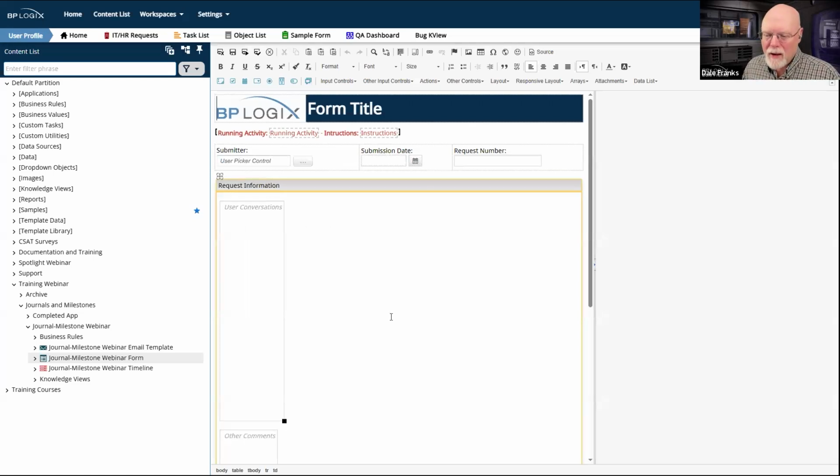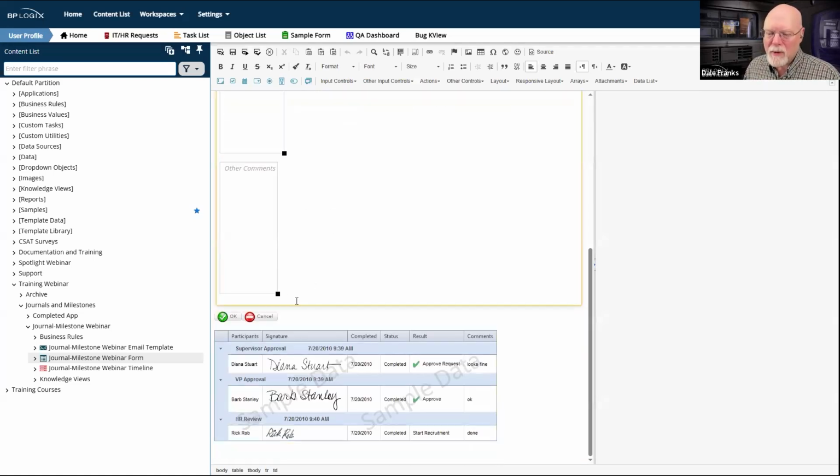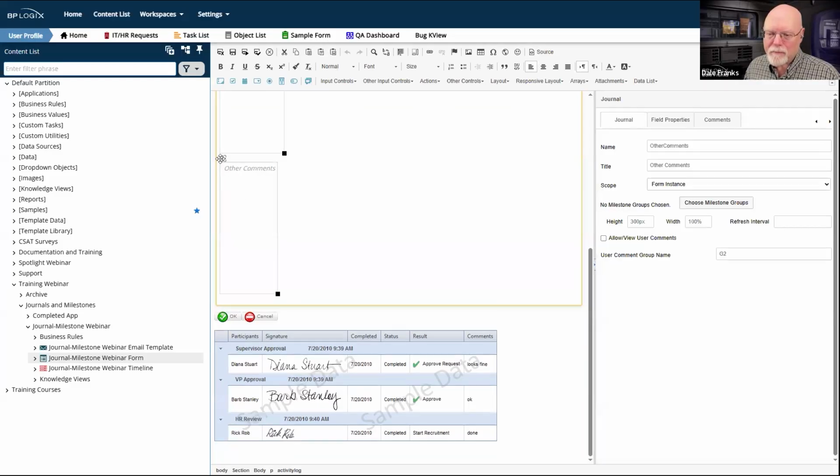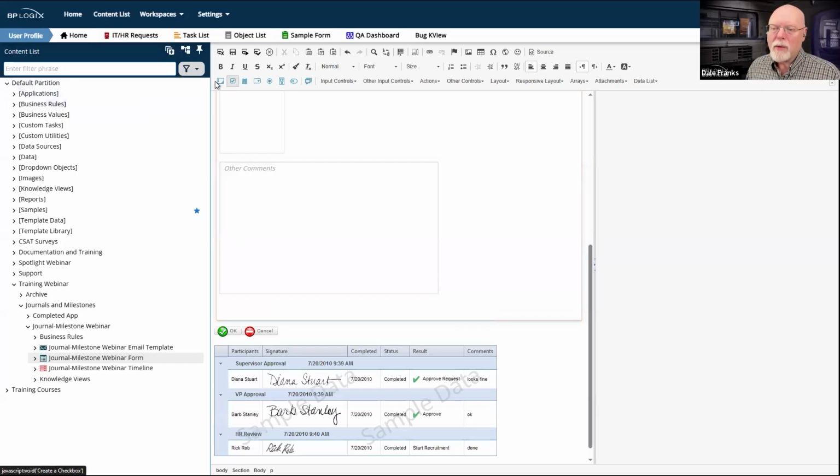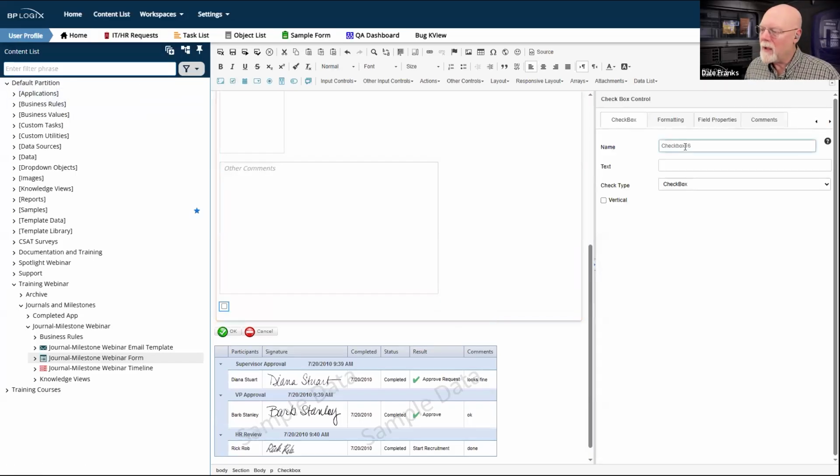So we're going to need to set up a control, and let's put it down here at the bottom. I'll just stick it right below this. We'll just drop a checkbox in here, and we'll call this checkbox edit, and edit this form. Okay, so fine. I now have the ability to edit this form. Now, this is going to be disabled as soon as I submit the form. So I've got to figure out when I want this form to be enabled.